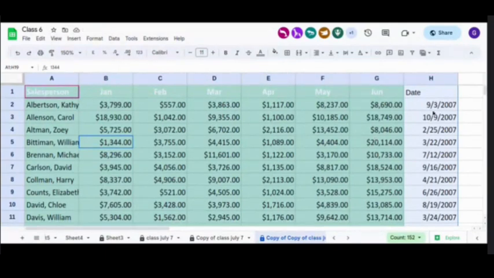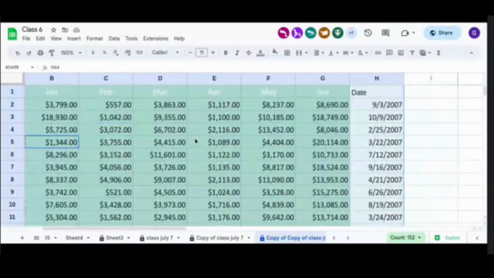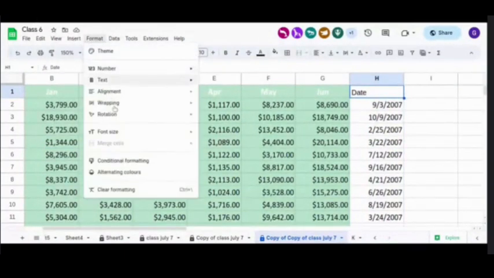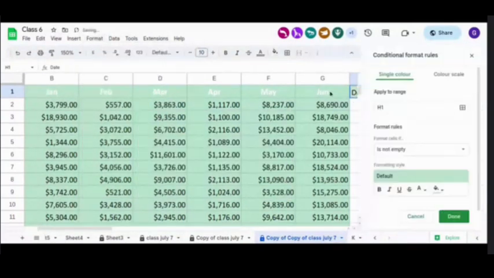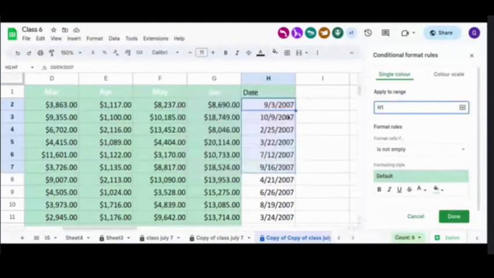So for the date time, I can format my data. Sorry, I don't even have to come here, I just have to come to Data. Everything has to do with just here. From here you make the decision on what you want to do. If I'm going to be applying it on everything, because if I just pick this,